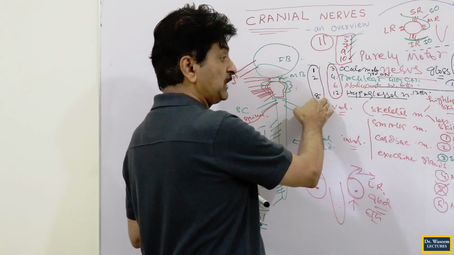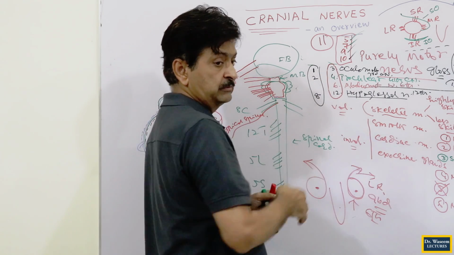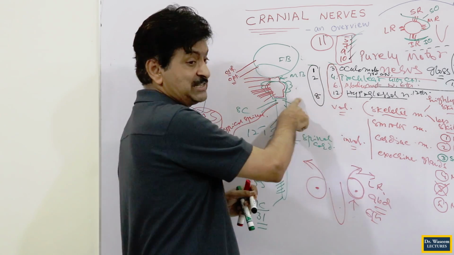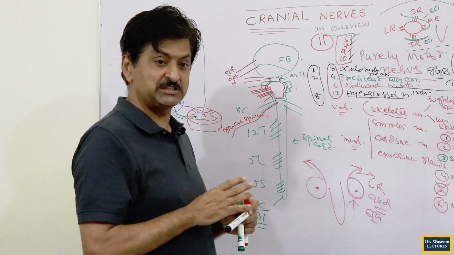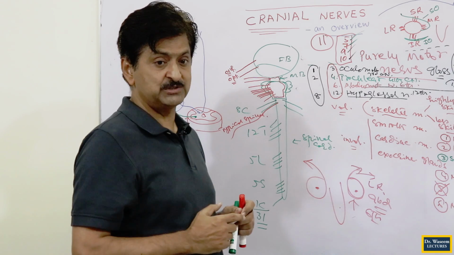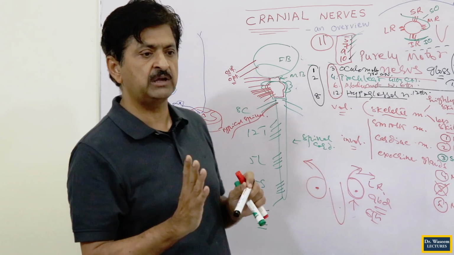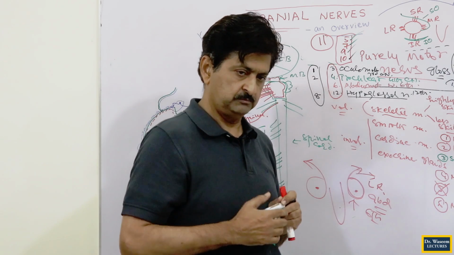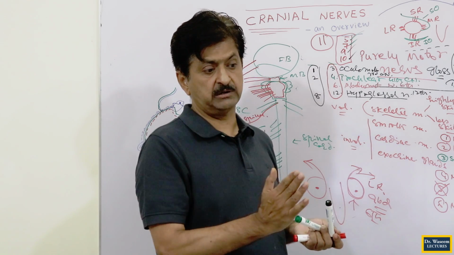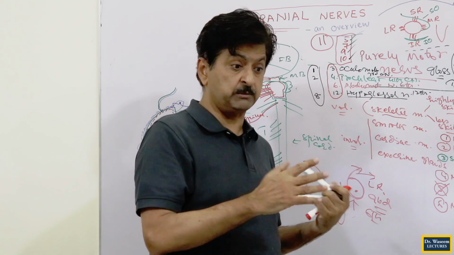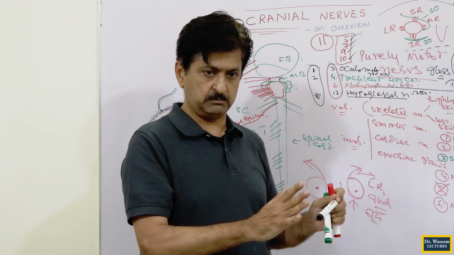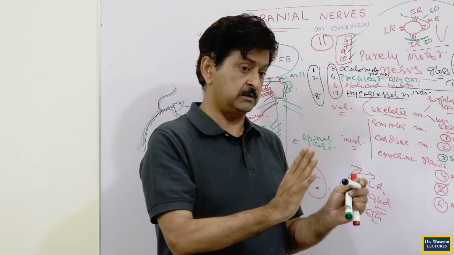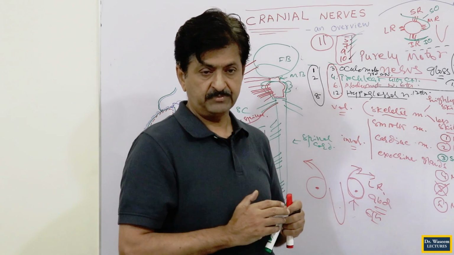When you are looking at your purely motor nerves, they are 3, 4, 6 and 12, again 4. But when you are going to the sensory, they are not 4, they are 3. So 4 plus 4 plus 3, they are 11. So still one nerve is remaining, and that nerve will be having actually a separate group. Not a group actually, this is a separate, out of my group. It is not actually, it is my servant, but it is not my family member. I am actually serving it as I am serving my family members, but it is not my family member.